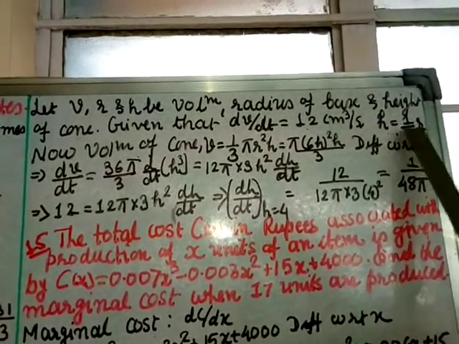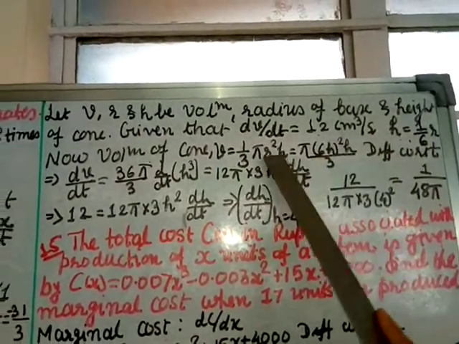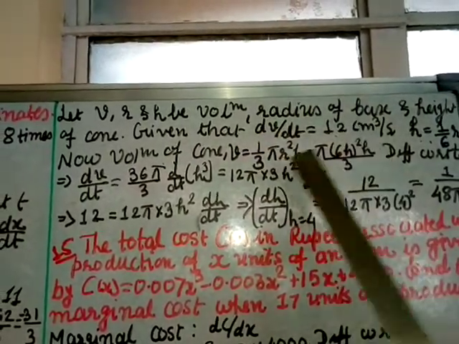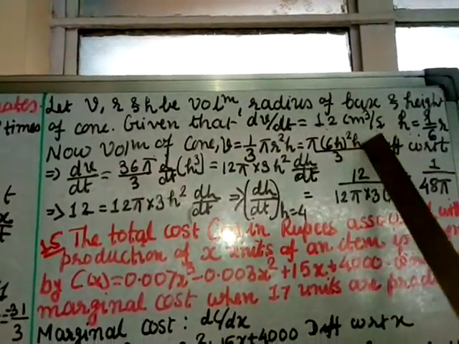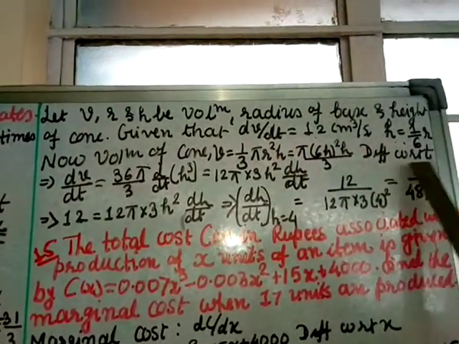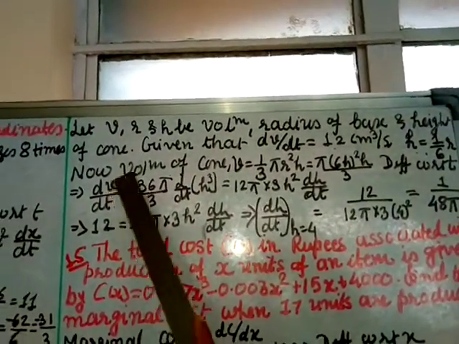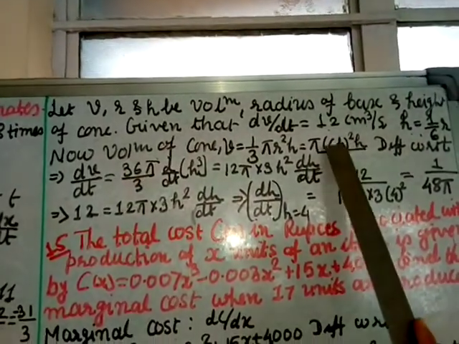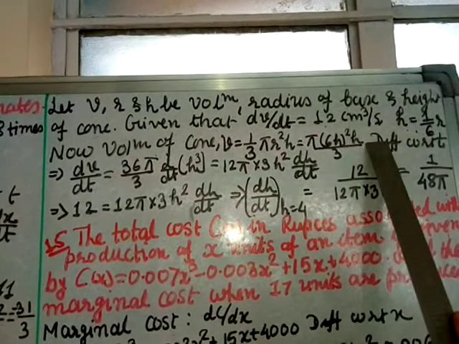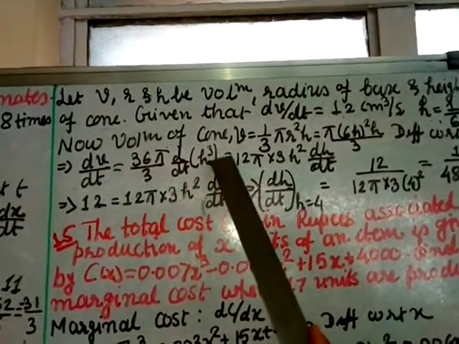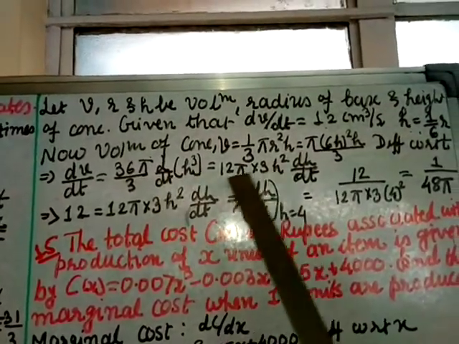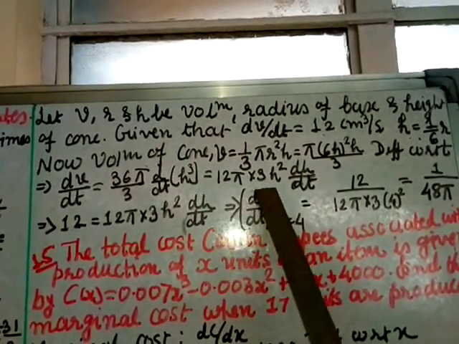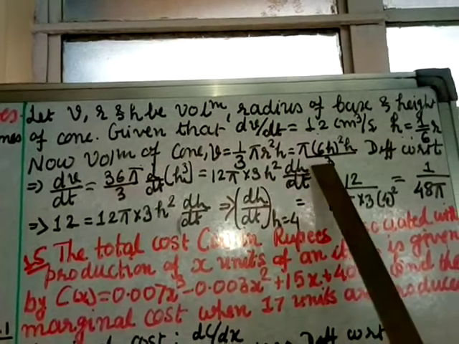Instead of r, you put 6h, so (6h) whole square times h by 3, because I have to find the change in height, so I am going to convert r into h and differentiate with respect to time. So dV by dt equals 6 square is 36 pi by 3. Okay, I am not cutting, first I am squaring and keeping. Here h square and h, so it becomes h cube, so you have to do the derivative of h cube with respect to time. So 12 you cut this, so 12 pi, h cube will be 3h square and h with respect to t is dh by dt.